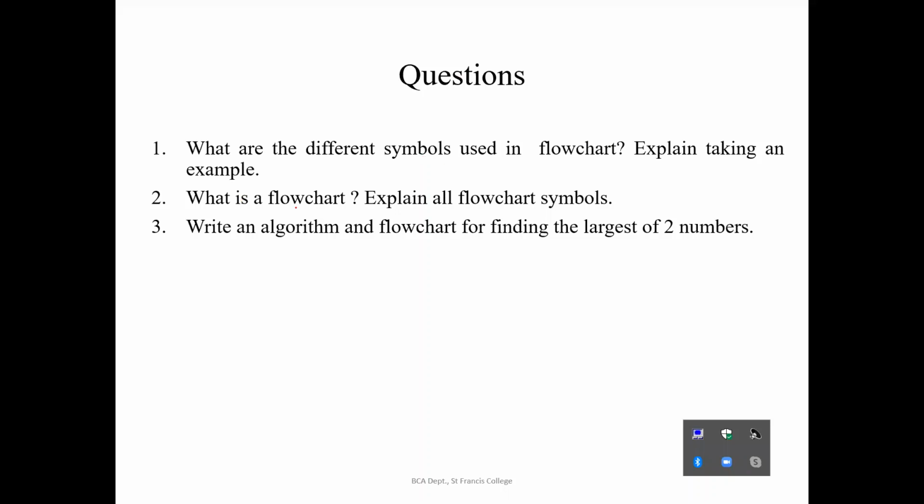Now, what is a flow chart? A flow chart is a pictorial representation, right? Or you can say a graphical representation, and explain all flow chart symbols. I just kept all the questions which are there in the university question paper. I'll be giving you the university question paper questions for a writing assignment, and it will be before the first unit test. Okay. And I have kept all the previous